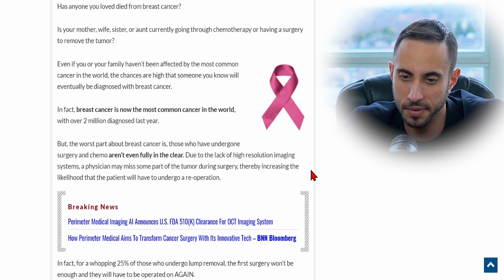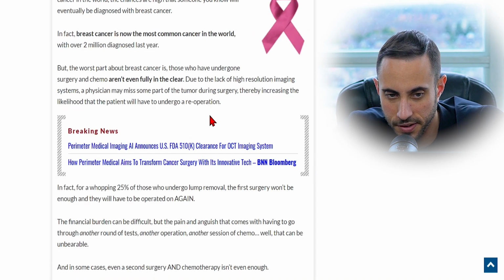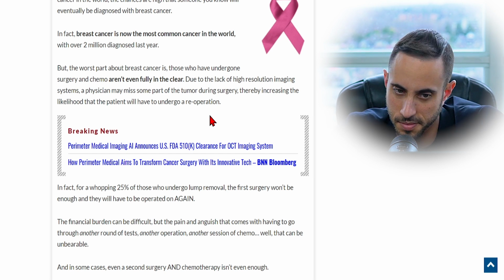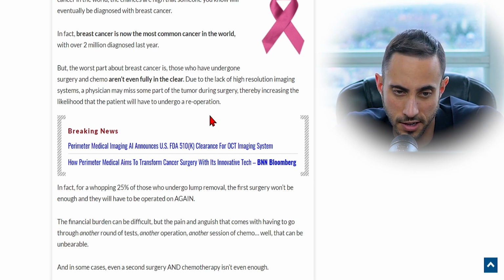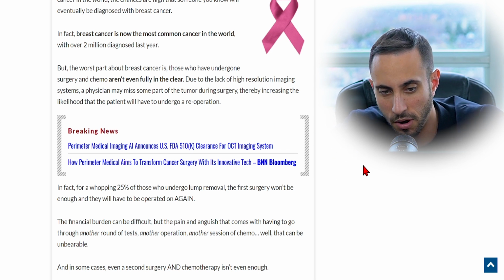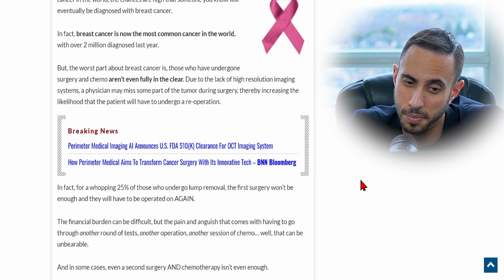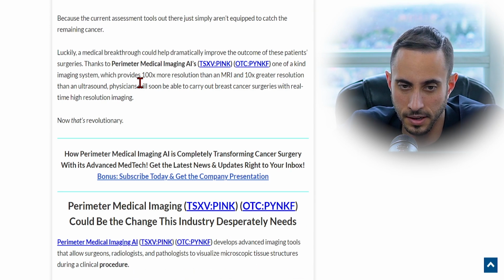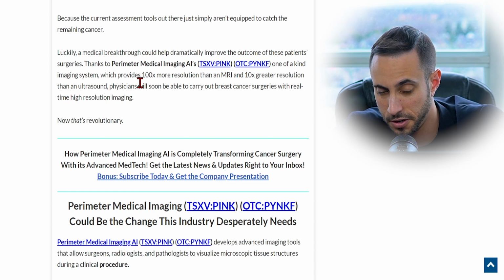Breast cancer is now the most common cancer in the world, with over 2 million diagnosed last year. For those who have undergone surgery and chemo, they aren't fully in the clear. Due to lack of high-resolution imaging systems, a physician may miss some part of the tumor during surgery, thereby increasing the likelihood that the patient will have to undergo a reoperation. A whopping 25% of those who undergo lump removal, the first surgery won't be enough and they will have to be operated on again. Luckily, a medical breakthrough could help dramatically improve the outcomes of these patients' surgeries, thanks to